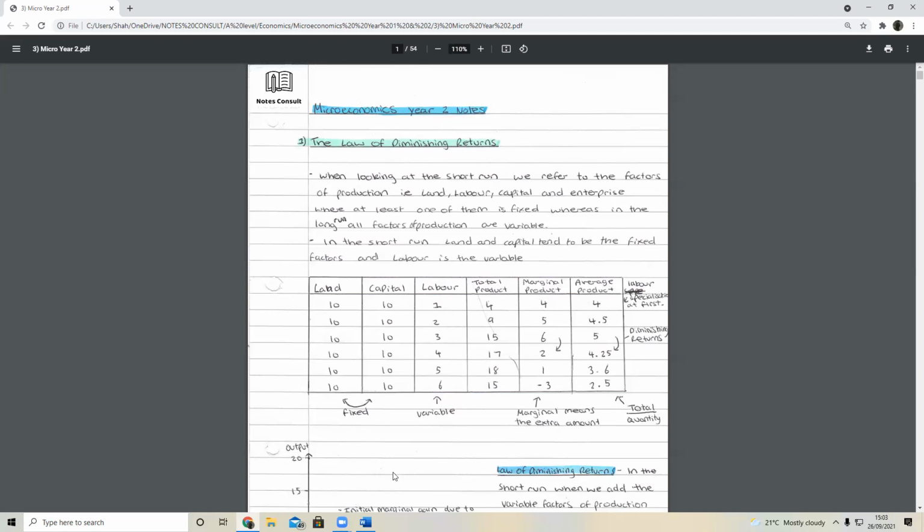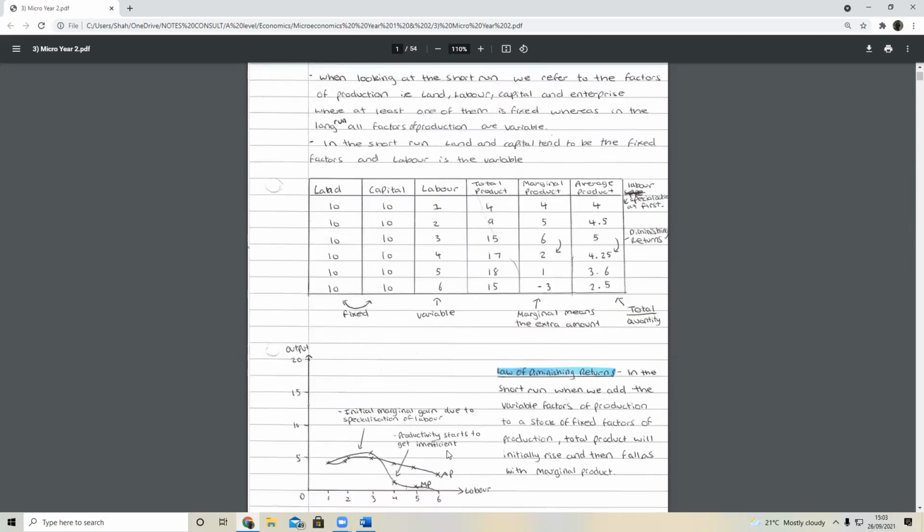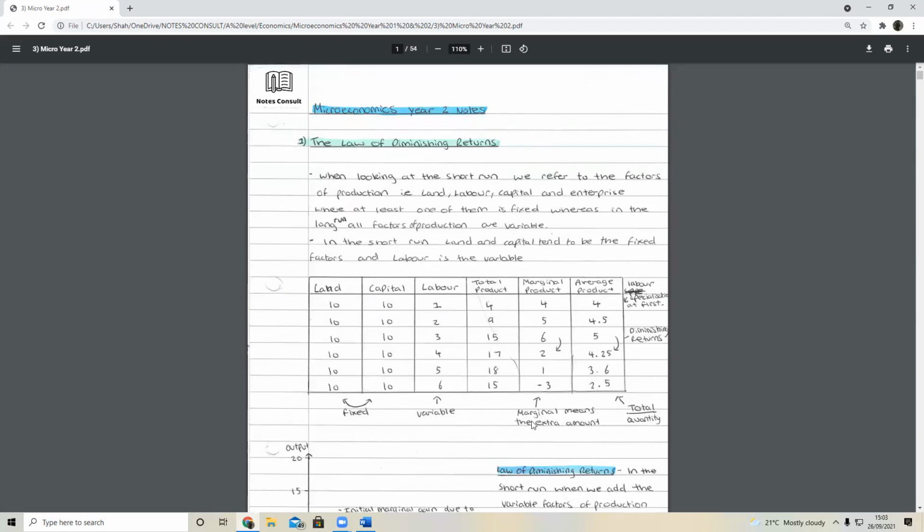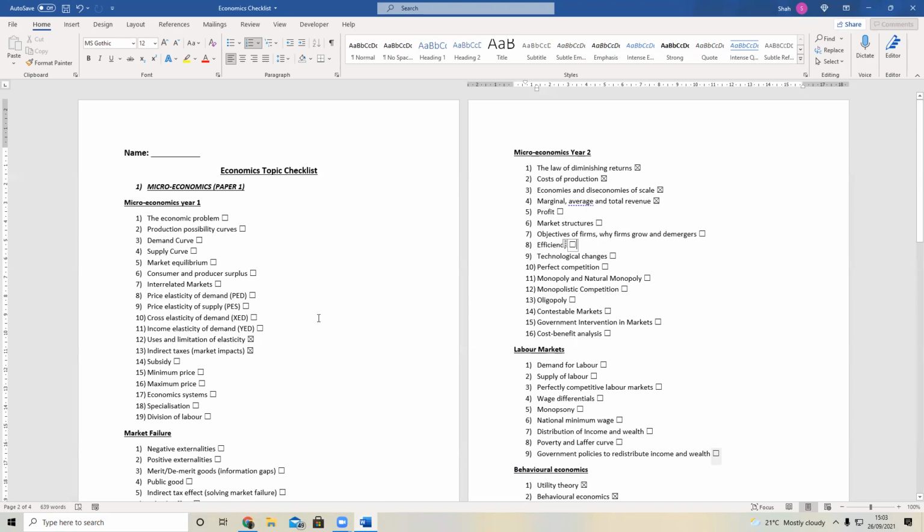So the stuff we did today, is that supposed to be the beginning of year 2 content? Yeah, this is supposed to be the beginning. Different teachers start at different places. I always tend to start at the place where it's kind of in order. I'm trying to do everything in order. If you look at this checklist here, everything teaches you from A to Z, whereas a lot of teachers might just start off with perfect competition straight away and show you all these curves, but you don't even know where these curves are coming from. Whereas I told you where they're coming from. I showed you the tables and stuff like that.